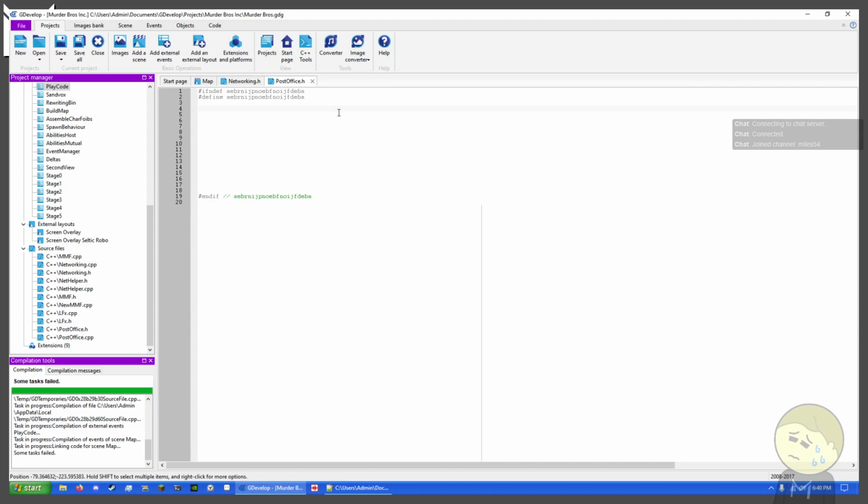So you won't get two declarations of the same function by including post office twice in some source code, or including post office somewhere and then including a thing that includes post office right below it. For people who are better at programming than me, they already know what this is. In any case,